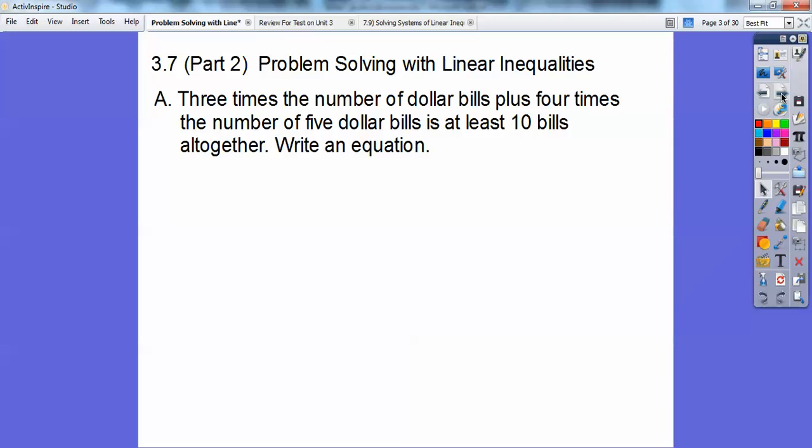So here's a problem. 3 times the number of dollar bills plus 4 times the number of $5 bills is at least 10 bills altogether. Write an inequality. I'm going to do D for the number of dollar bills. I wish I'd have done X because I did X in class today, but that's okay. 3 times the number of dollar bills will be 3D, plus 4 times the number of $5 bills, so I'll call F for $5 bills, so it'll be 4F, is